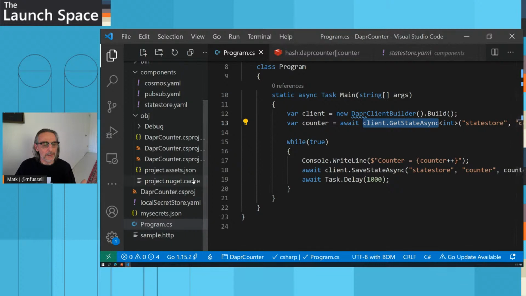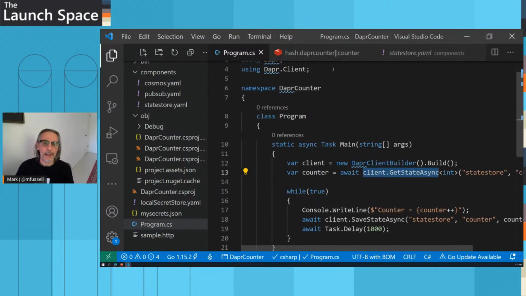So in this particular case, I just created a new .NET application again. There's a Program.cs file here. This is just a console application. And you can see that I just included the Dapr client. That means I can put in a Dapr client if I want to. I'm happy to use HTTP, but if I want a richer experience with some IntelliSense, I can put in this Dapr client instead.